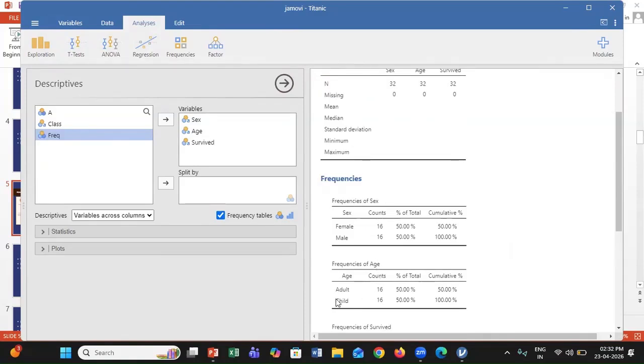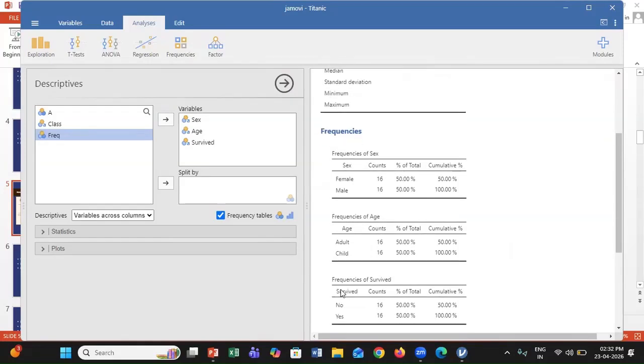In case of age, adult are 16, child are 16. Frequency of survived, no, 16, and yes is also 16. So what has happened here is that I have run the analysis without weights. Each row is counted once, leading to incorrect totals and misleading conclusions.